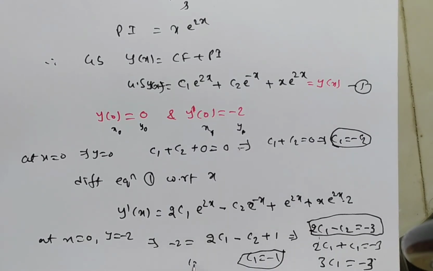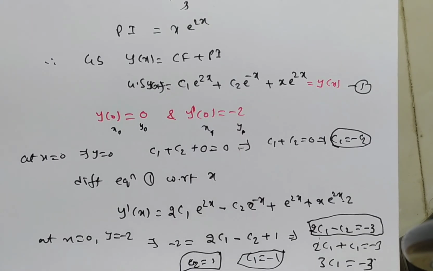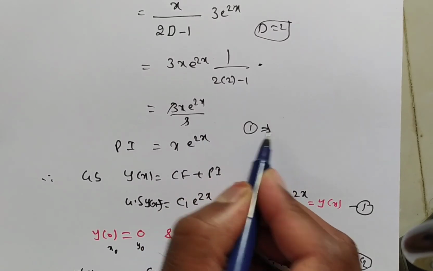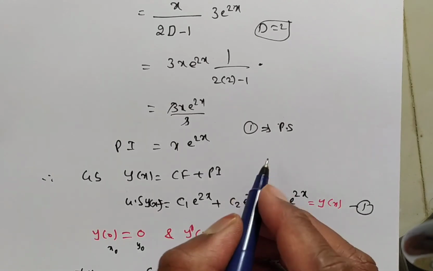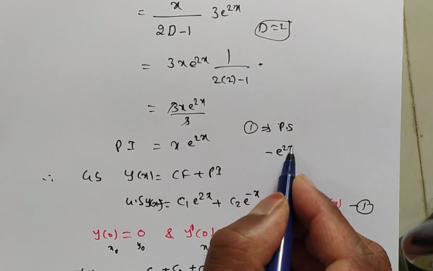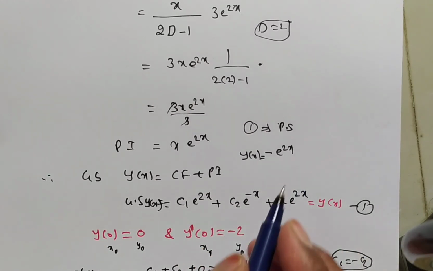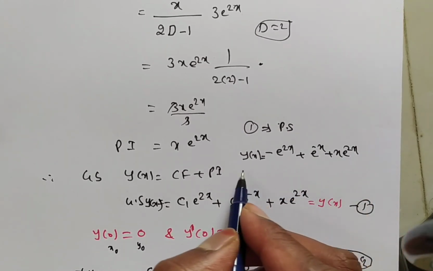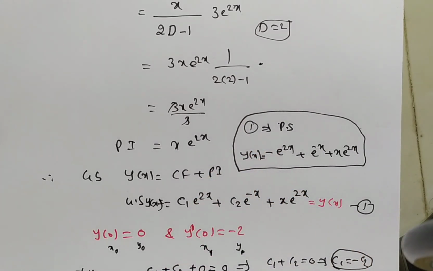Whenever c1 is minus 1, what about c2? c2 is minus of minus 1, which means 1. So we got the c1 and c2 values. Now we have to substitute the c1 and c2 values in equation number 1. So from equation number 1 we have the particular solution. c1 is equal to minus 1, so minus 1 into e power 2x, this is y of x I am writing, minus 1 into e power 2x. Next, c2 is equal to 1, so 1 into e power minus x, plus x into e to the power of 2x is the complete solution,